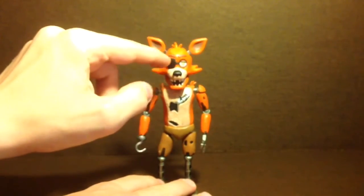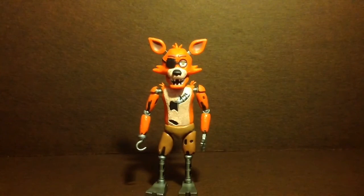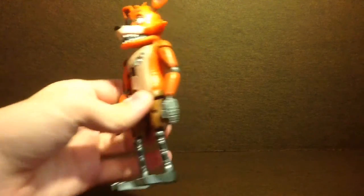He's also got his little brown eyebrows, which I think would have been nice if maybe they had painted it in a darker shade, as it kind of blends in a little bit too well. Maybe it doesn't look that much on camera, but in real life, the eyebrows blend in a little bit too well with the head. And I think also it would have been nice. Foxy probably has the worst